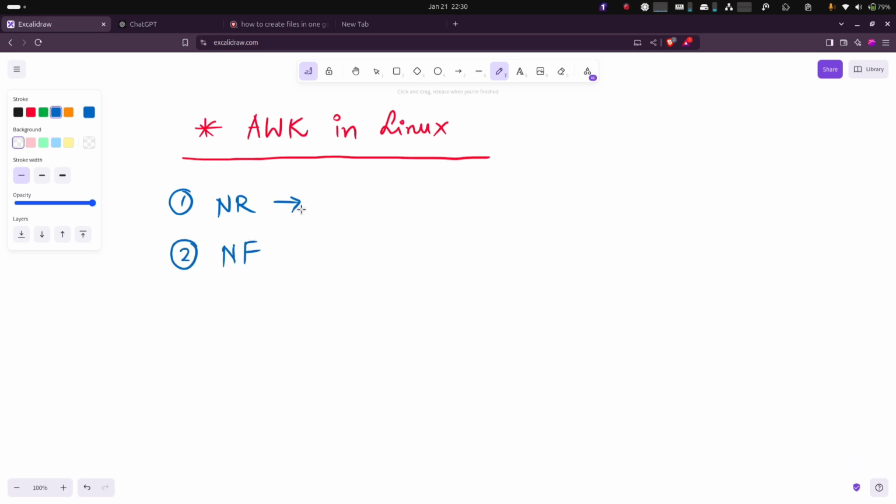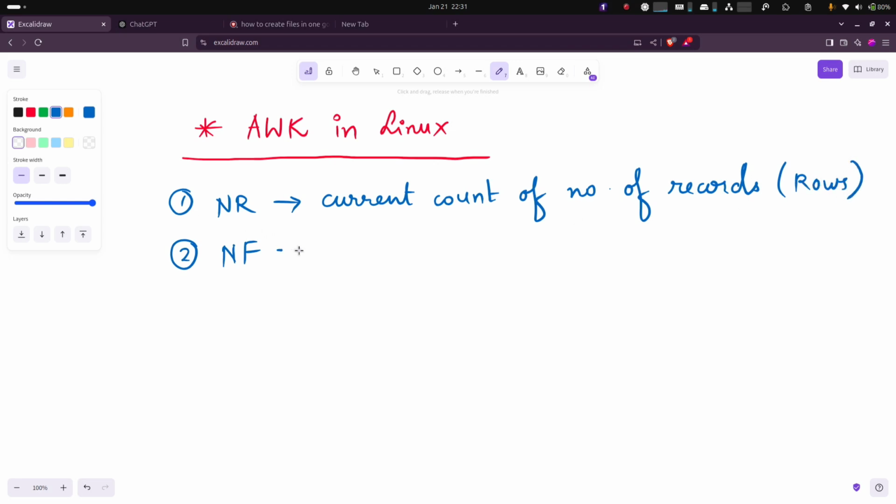NR keeps the current count of the number of records, or we can also say the number of rows. And NF keeps the count of the number of fields